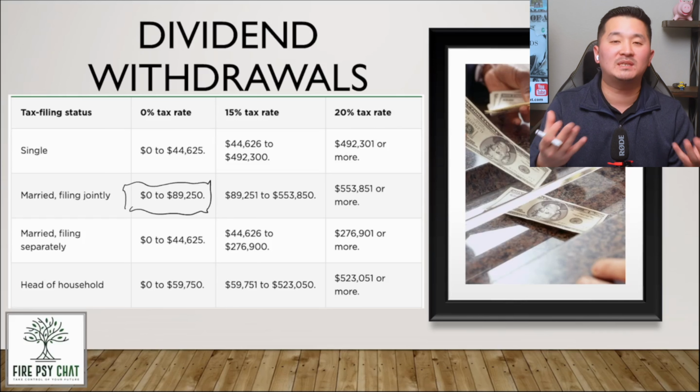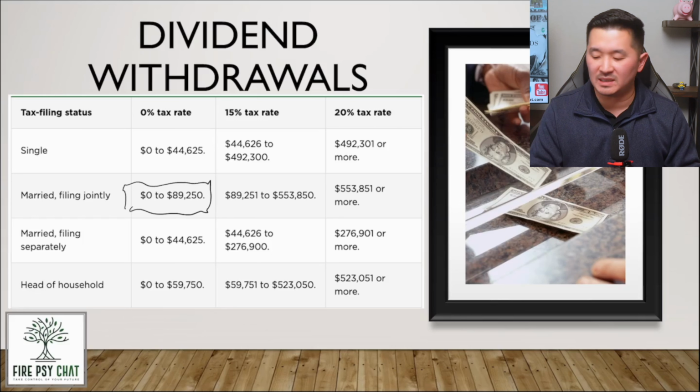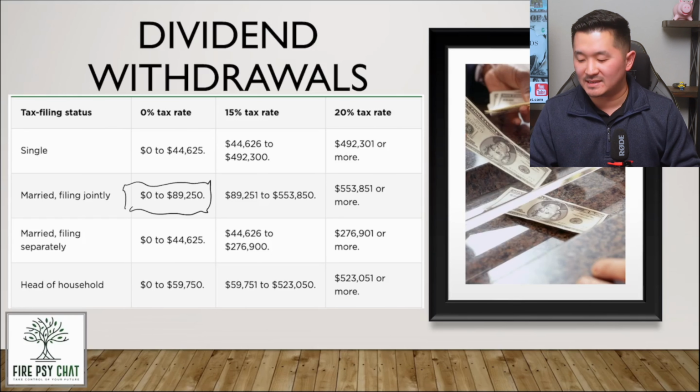Am I going to have no other income? No, right? Now I'm still going to have other active income. So after all the deductions, and I have my own CPA, I'm still going to save a lot of money on the dividend taxes because they're taxed as long-term capital gains.